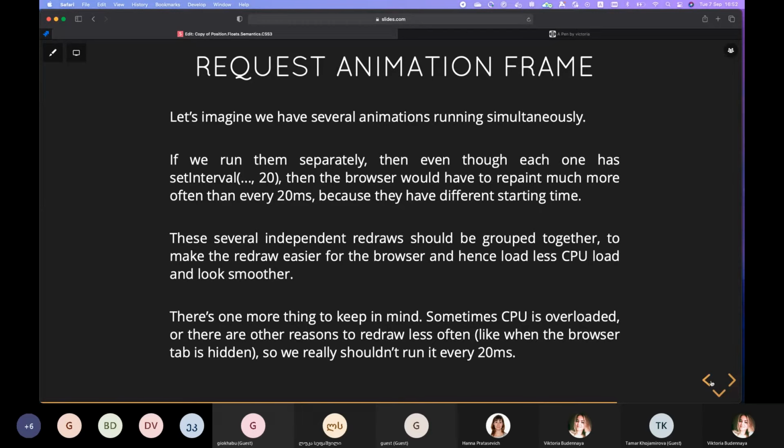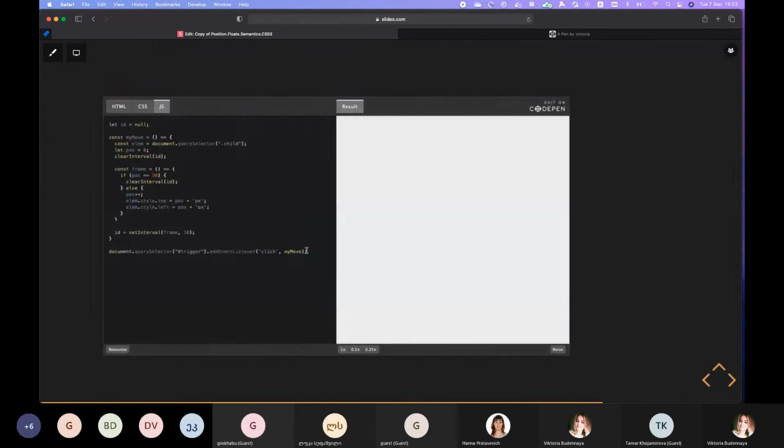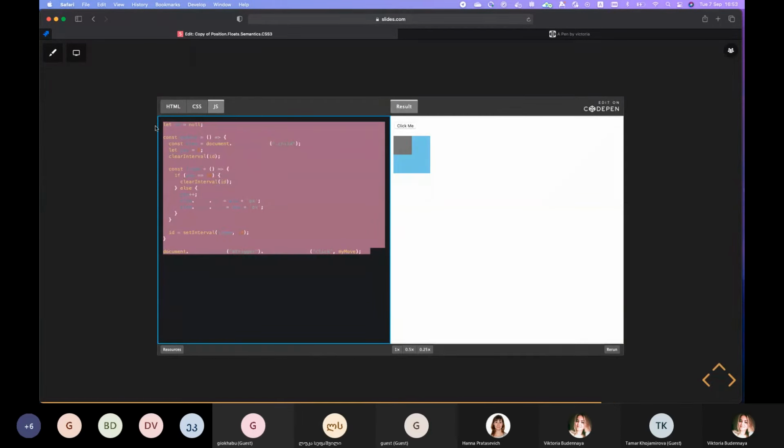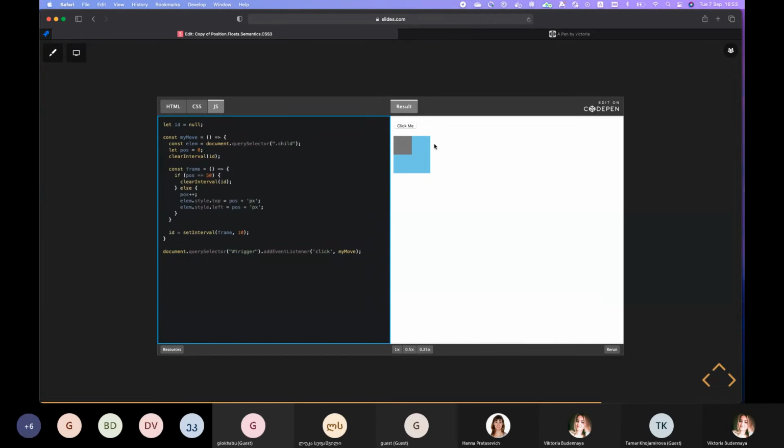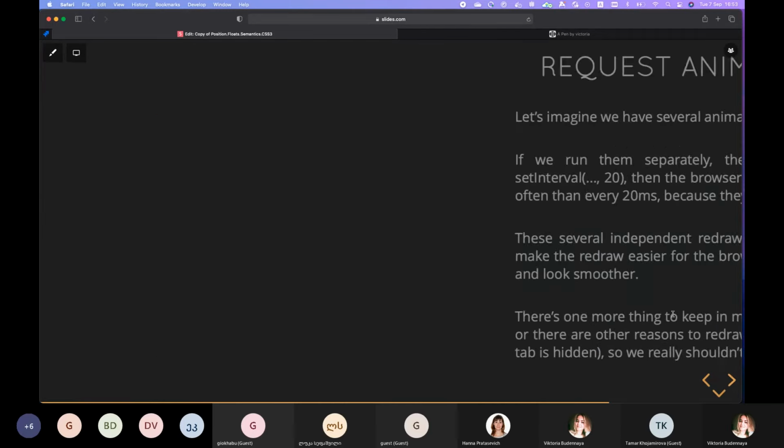So imagine the situation when we want to do these things to multiple elements, and it won't start at the same time. For example, we have 3 identical elements. For one, it starts right when we click. For another, it has a delay of 1 second, and for the last one, a delay of 2 seconds. So this would be hard to put in one set interval. We cannot do that. We would need to create 3 separate set intervals, and this is already a problem because